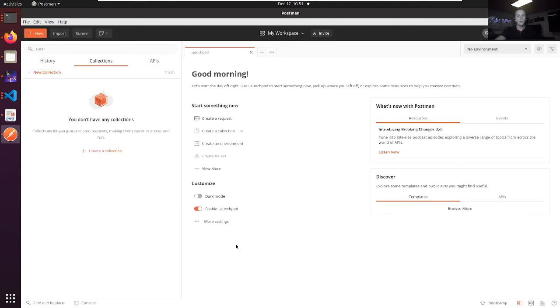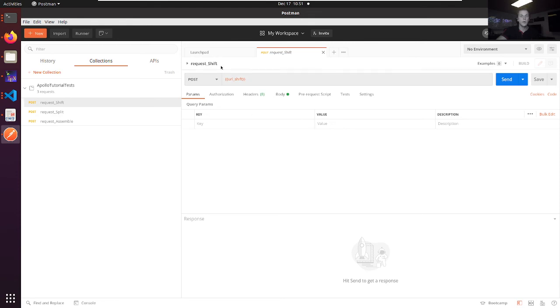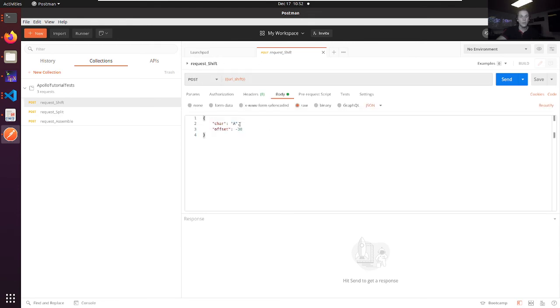And then we hit import. And you see we have these tests here, and each test tests a certain one of our functions. So we have this request shift, for example. You see it addresses a URL, and as a body, it has this JSON, which says I'm sending the character A, and I have an offset of, say, 2. An example, then if we hit send,